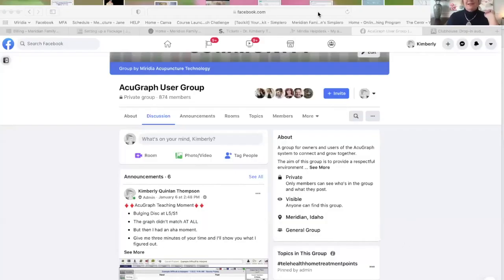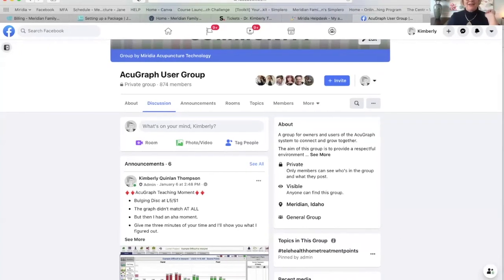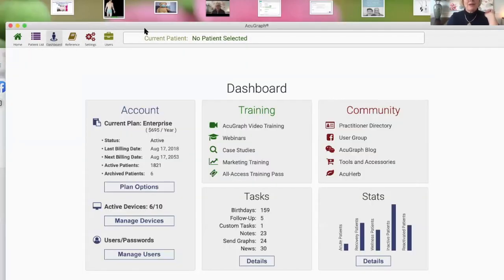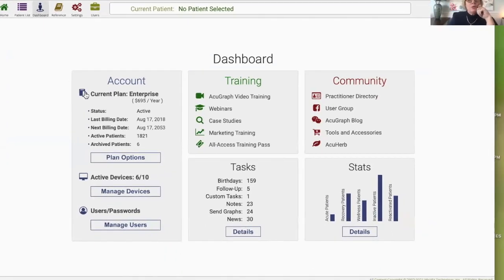Next, we're back to Facebook. Okay, Dr. Kimberly, tell us about Facebook. This is Dr. Kimberly's place. I would love to talk to you about Facebook. I'm going to share my screen for a second here. And I brought up the AcuGraph user group. Actually, before that, let me bring up my AcuGraph and show you that